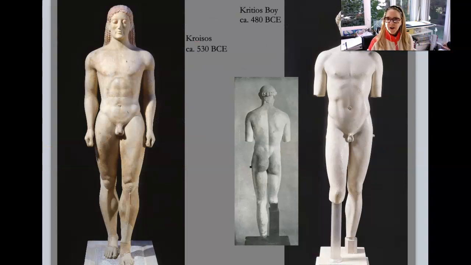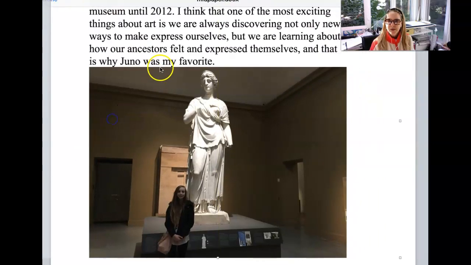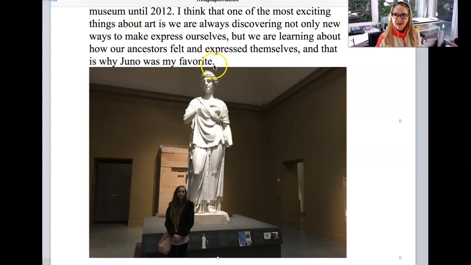We are going to talk about the evolution from the simplicity of the human figure. This is a Greek figure that looks very much like an Egyptian figure, to how the Greeks are going to introduce movement and motion into their figures by the Kritios boy. And I also wanted to let you guys know that we have a beautiful sculpture here at the MFA called Juno, and here's one of my students at the museum visiting it with her selfie, talking about how fortunate we are to have this sculpture.